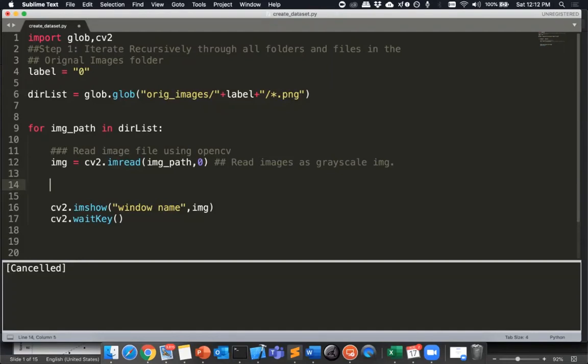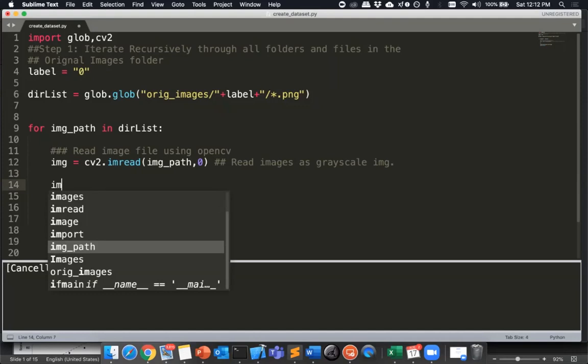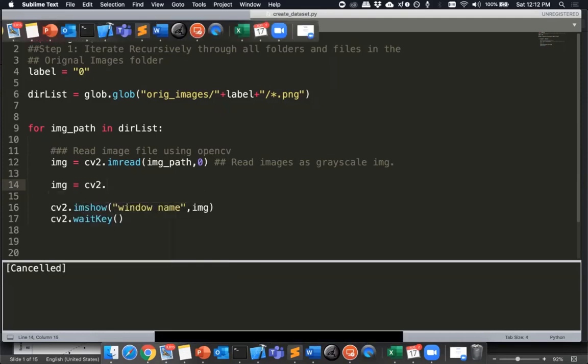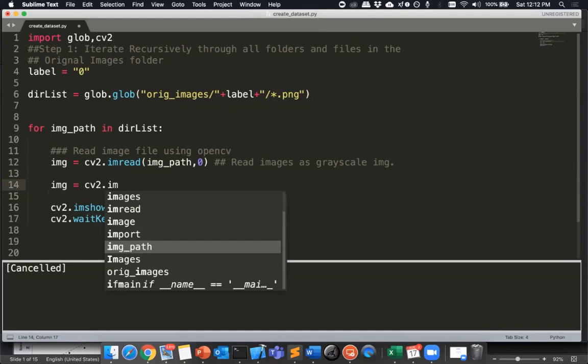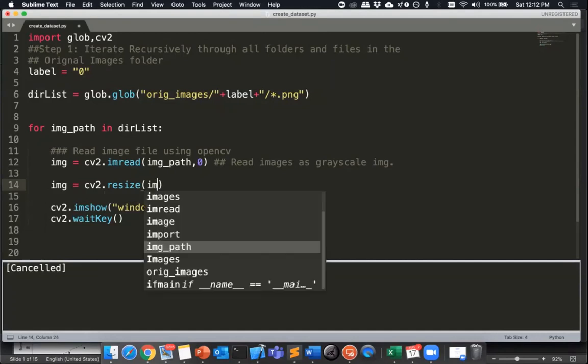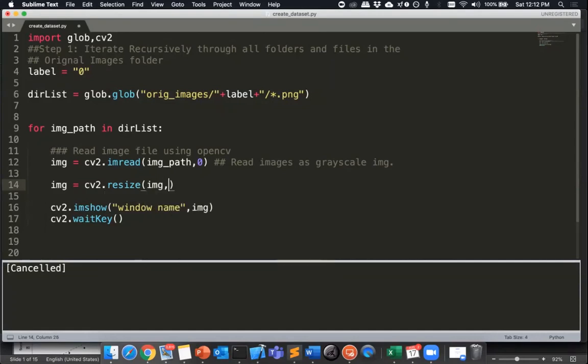So let me go ahead and resize the image. Now this is a little tricky, so I'm doing it for you. But again, if you go and search on Google, you will find the method from cv2 which will help you resize the image as well. It is not that difficult. So I'm just going to say cv2.resize. I'm going to pass the image that I just got and then say 28 cross 28, which is the dimensions that I want. And the other thing that I'm going to do is tell it how to do the